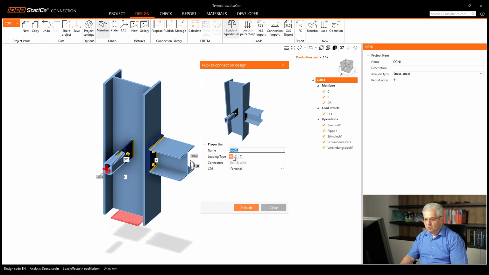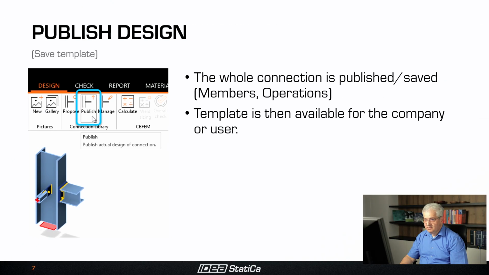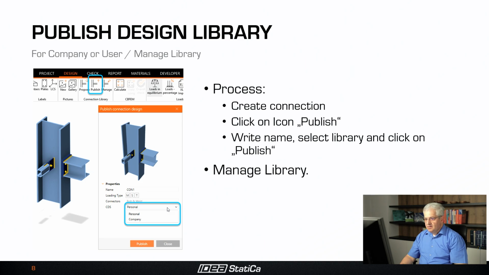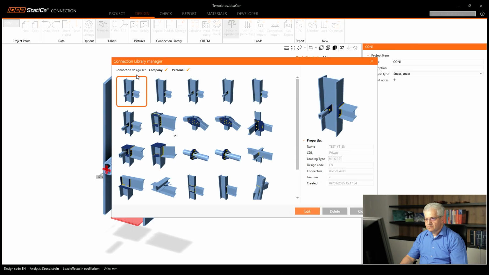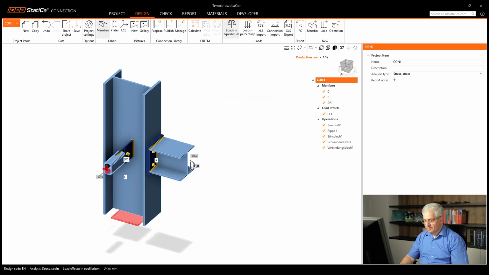So you can change the name, you can activate it's for bending moment or for shear or for thrust. Test, let's say test YouTube English, and simply publish, it's done. That's the easy way. There is also a manager. So these are our members, this is the test, I can delete it, I can edit these parameters, it's very easy. There is not so much there what you can do.